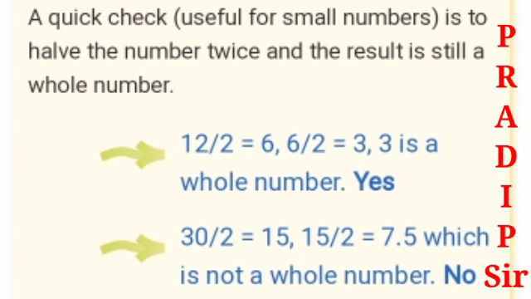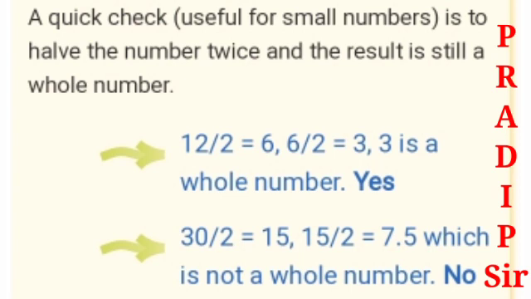If we take the example 12, we have to half the number 12 twice. That means first divide by 2, then divide by 2. First 12 by 2 is 6. Again divide by 2. 6 by 2 is 3. And as you know, 3 is a whole number. So after dividing by 2 twice, or after making half the number twice, the result 3 is again a whole number. So the given number 12 is